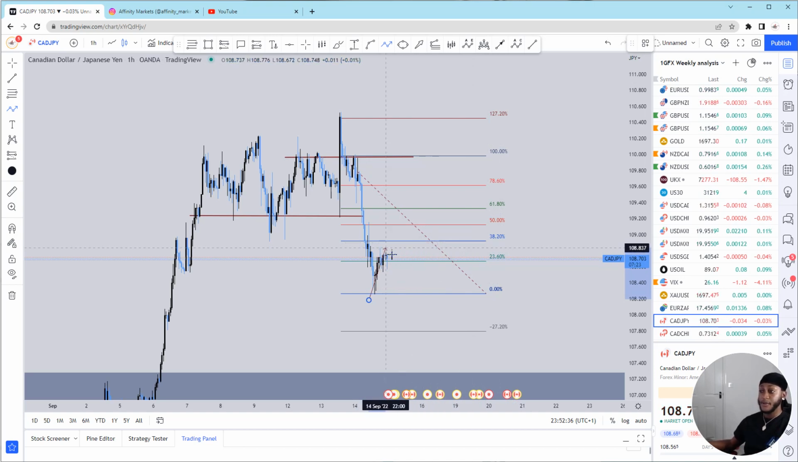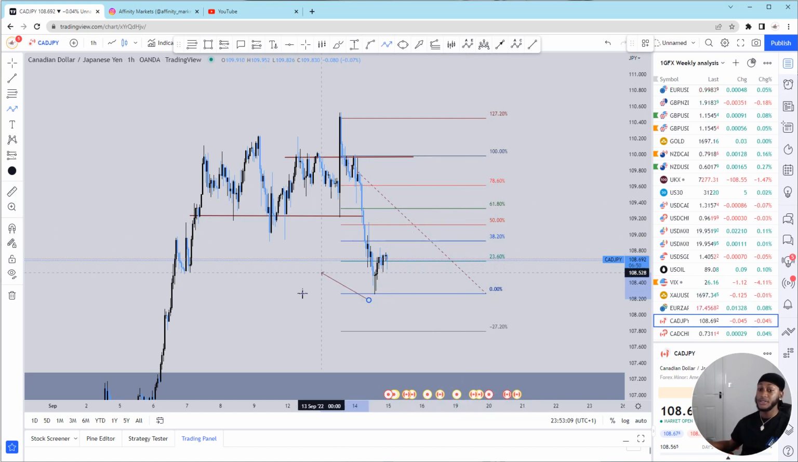If price doesn't respect my 38.20, what I will normally do is wait to see how price reacts to my 50%. Depends on the momentum. If I see the momentum looks a bit aggressive or a bit strong, I'll be looking at my 61.80 to see how price actually reacts around these areas. So these are my levels that I'll be looking for my entry point. So my first entry is my 38.20, my second is my 50, and my third is my 61.80. My stop loss area is my